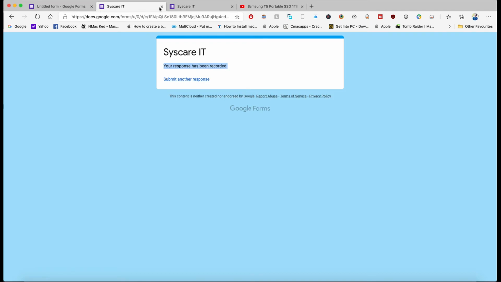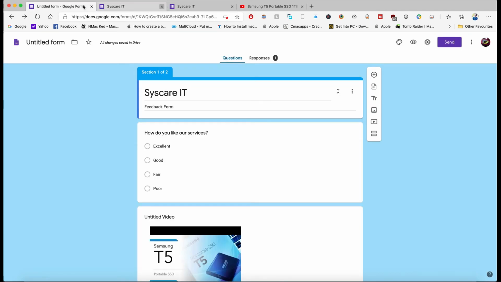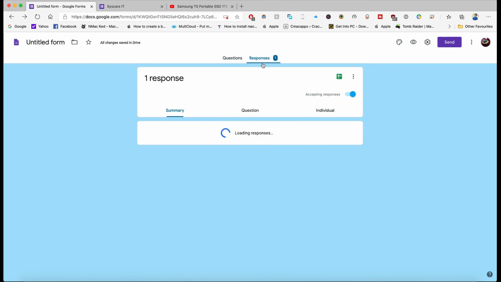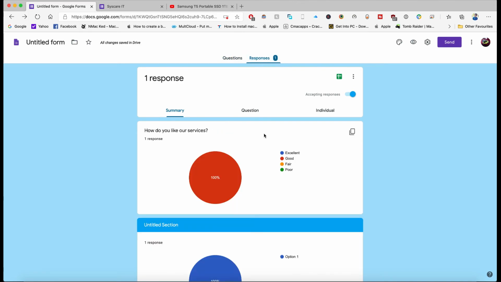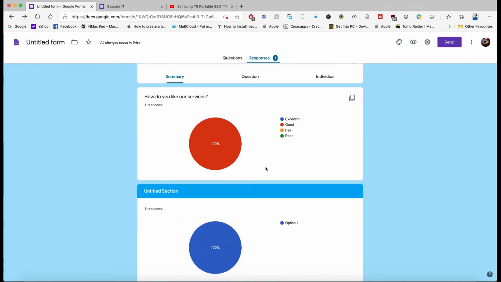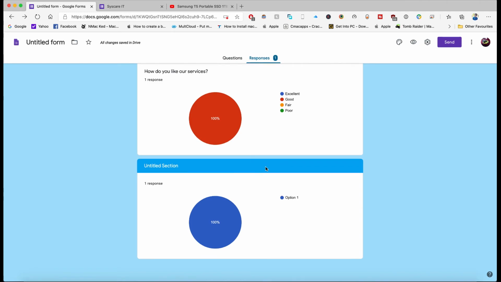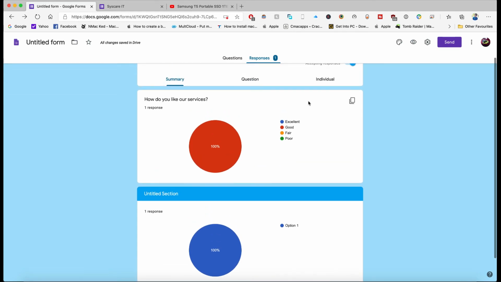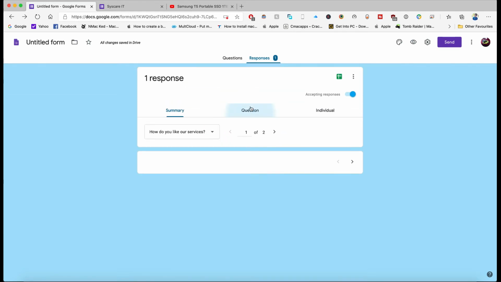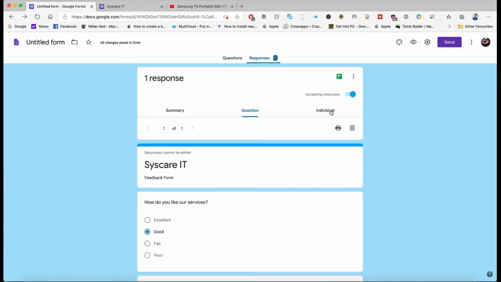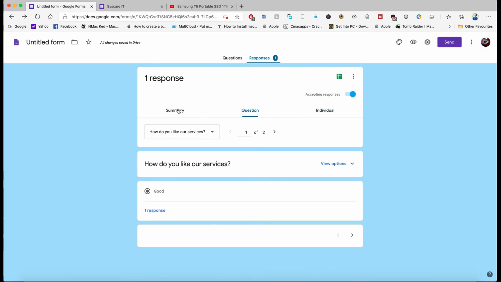Just close this window and see, once they have submitted, you will get all the responses here with the graph. So this is a very good way to get opinions, feedback, and surveys.